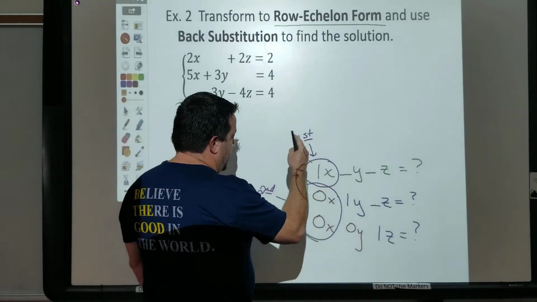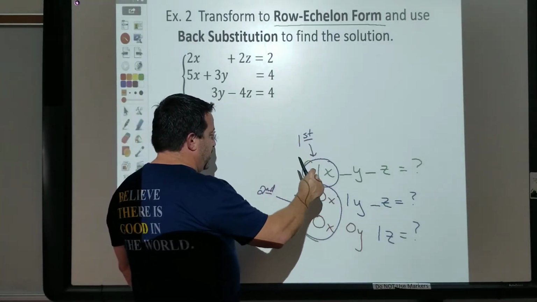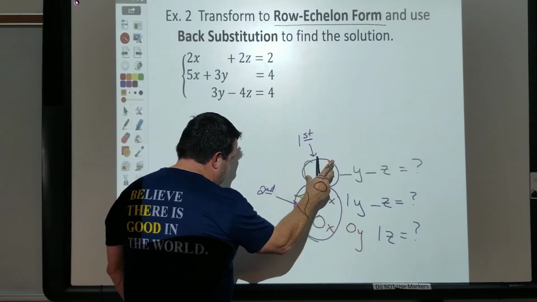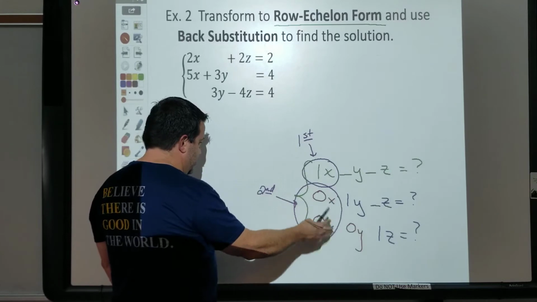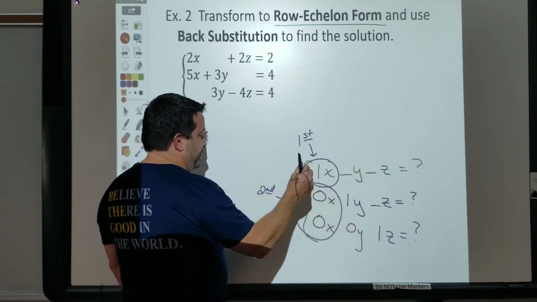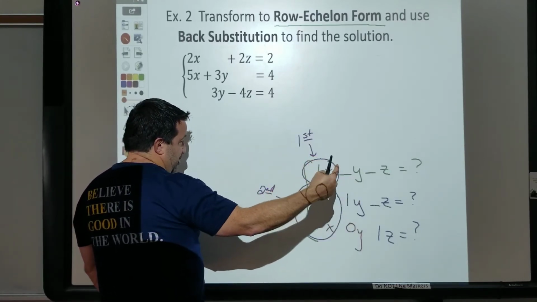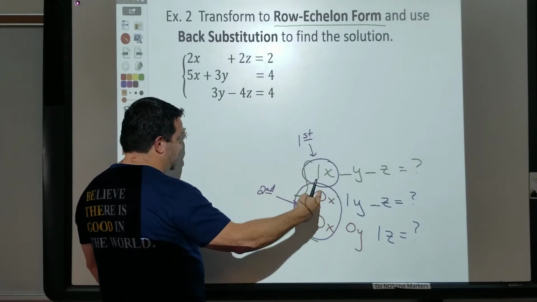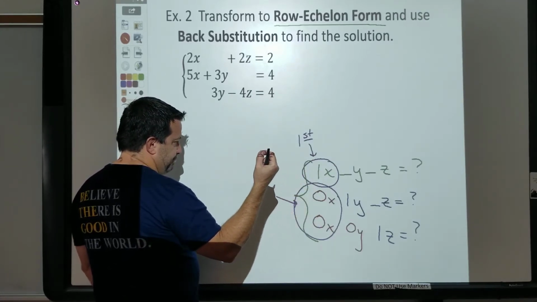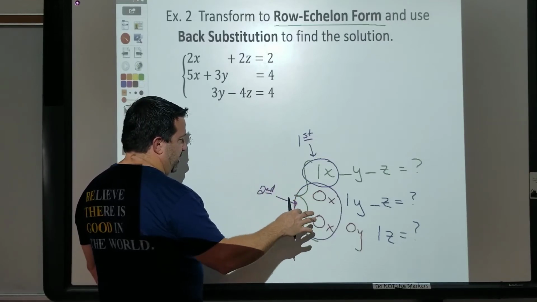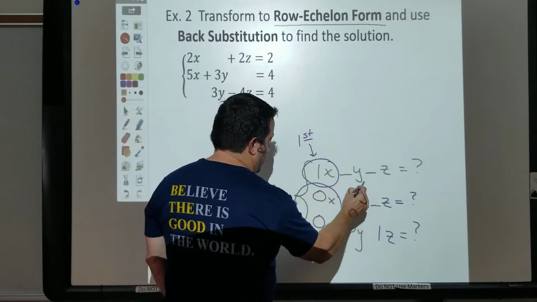But anyway, don't get caught up in doing anything other than this first step. Don't be looking ahead and going, well, I've already got this one missing or whatever, because things can change, because getting that to be a 1 might cause other things to change. And so if you get ahead of yourself, that's going to be a problem. The third step